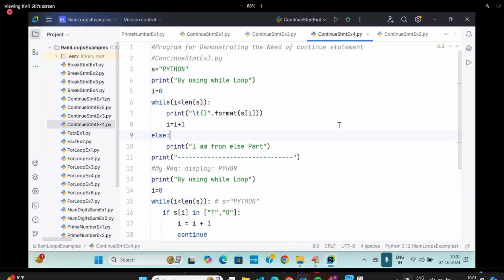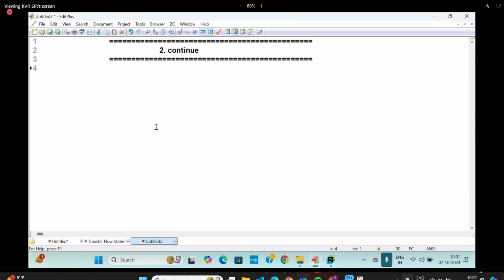Display only vowels. That means if I am taking a word or a line of